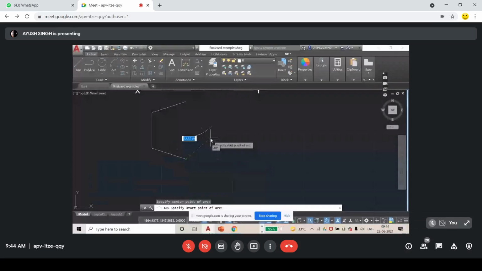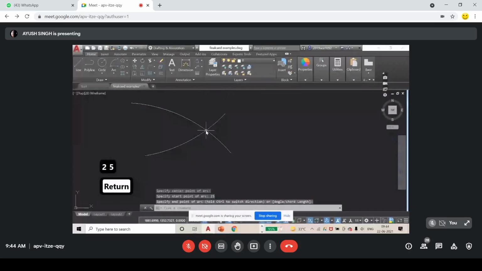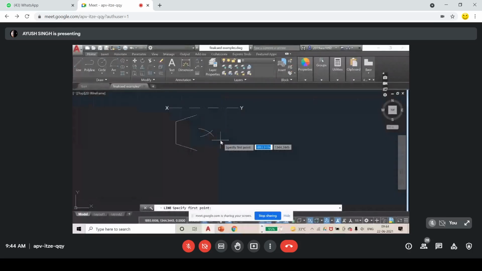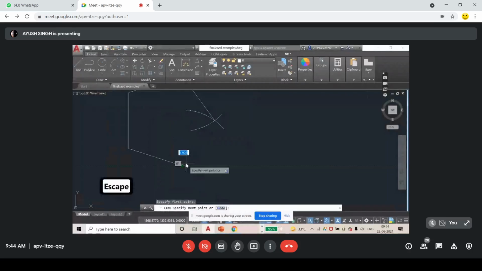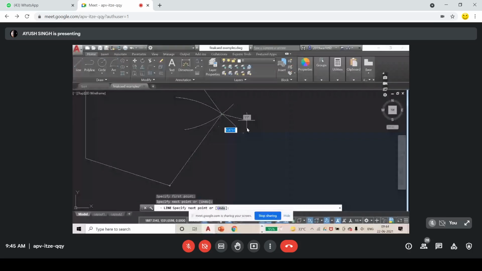Okay, so we have got the intersection point, so it is easier now. We can just simply join it. Join it. This is 25. See, it is showing. Okay, and do zoom in to check if you have correctly picked the point. So here. Okay, now delete the unnecessary things. I don't need these arcs in my figure. Okay. So my pentagon is done.